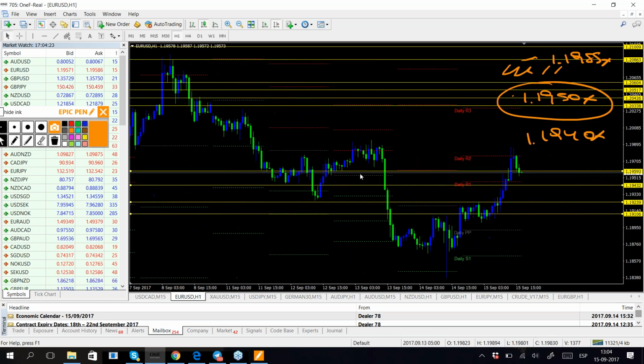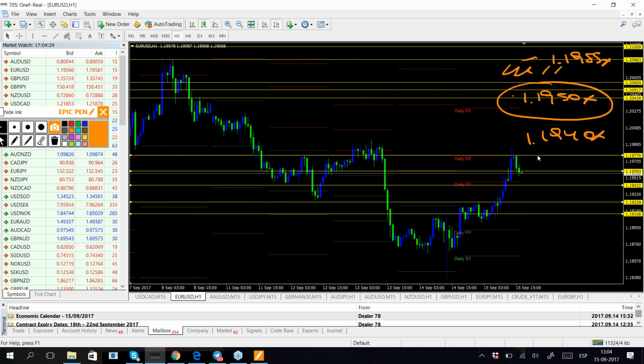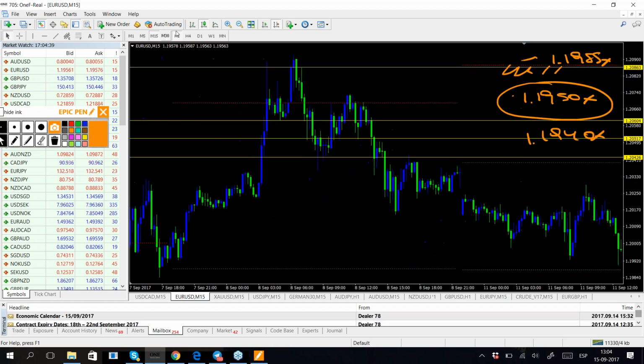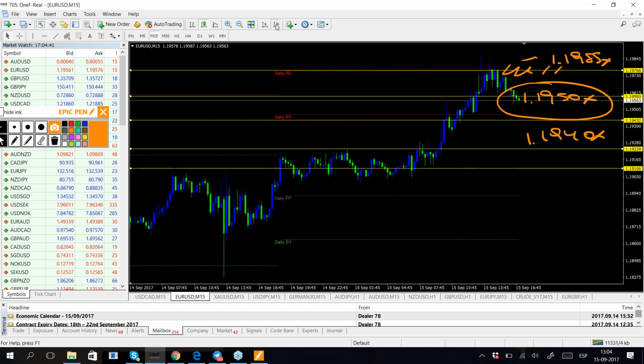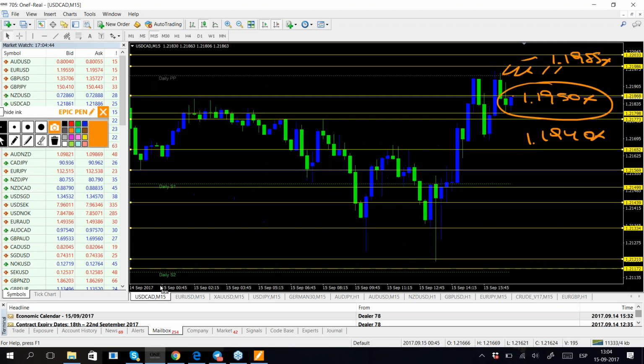Okay. So what do we expect for euro dollar next week? Well, we were supposed to be going through the highs today, and we did not. So most likely the market for next week for euro dollar is going to be for the sellers. It's going to happen for the sellers, not for the buyers. Okay. Now let's see with the